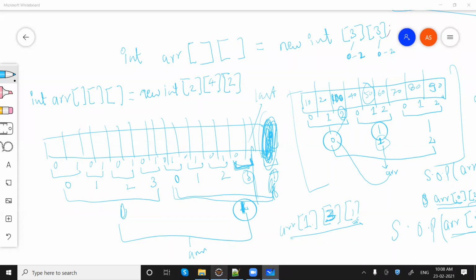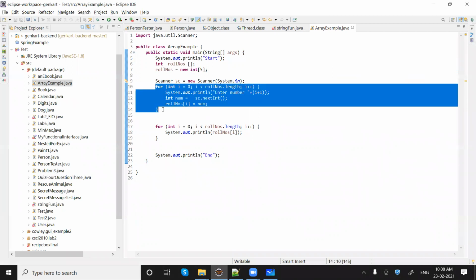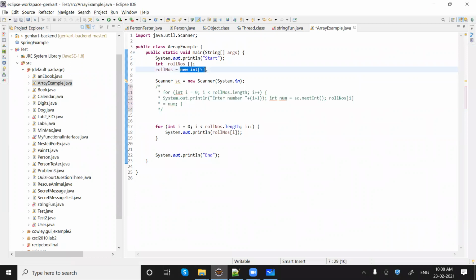Okay, let me take an example. Earlier we were having the numbers entered by the user. Now in this case, we can initialize the array if we know the values in the beginning. We can say like this: 10 20 30 40 50 60 and 70 80 90 and 100.